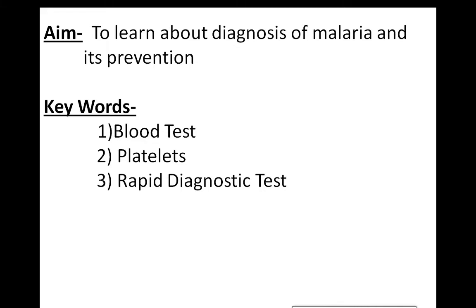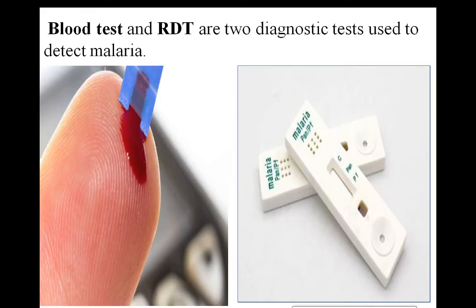Okay. So already we have discussed the symptoms of malaria, the external signs shown by our body. Now with the help of these symptoms we can identify the malaria. So normally malaria can be diagnosed through certain tests like blood test and RDT, that is rapid diagnostic test. Okay, write this full form in your notebook and learn also.